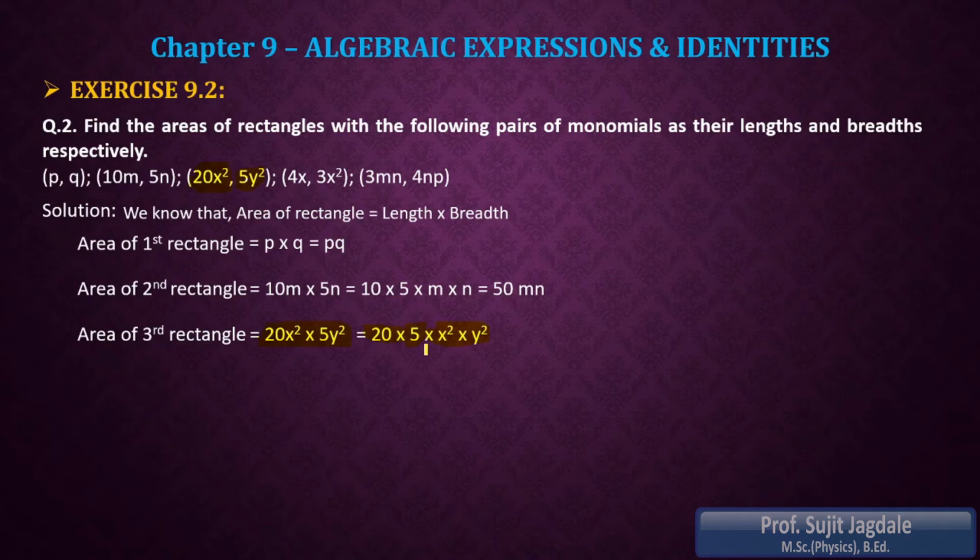Okay, so 25 is 100 and x square into y square, x square y square. So the final area is 100 x square y square. This is the area of the third rectangle. Now next one,